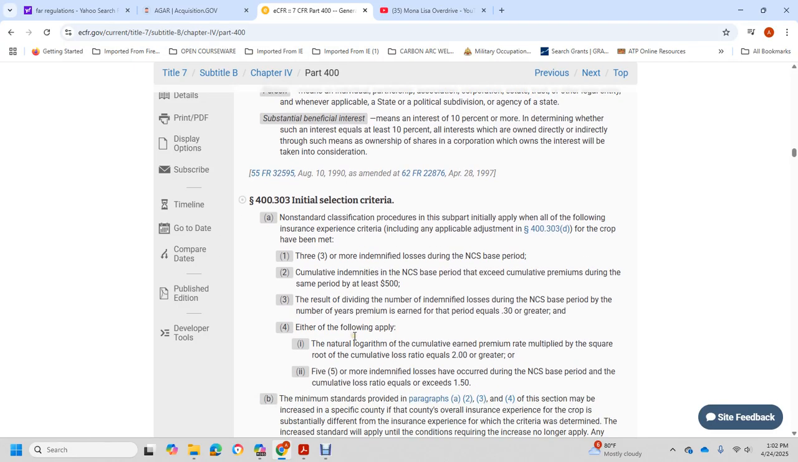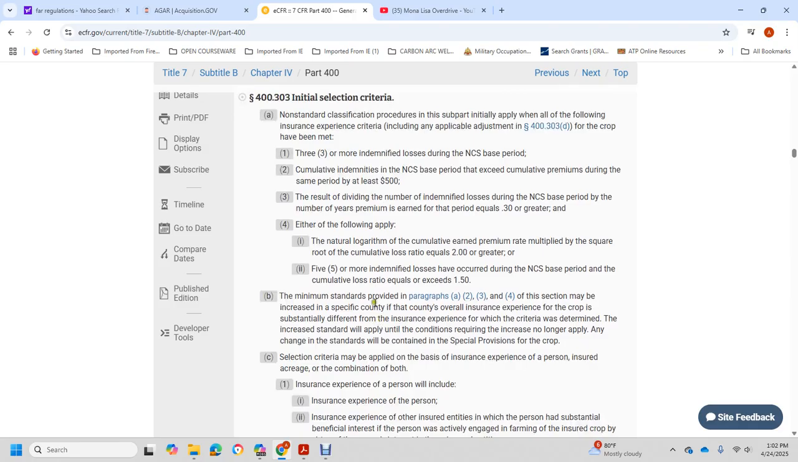The cumulative indemnities must be not less than $500, as the result of dividing the number of indemnities allowed for the non-standard classification system base period by the number of years. The premium period is equal to 30 or greater, and either of the following applies: the non-logarithm cumulative earned premium rate multiplied by the square root of the cumulative loss ratio equals 2 or greater, for 5 or more identified losses in the national